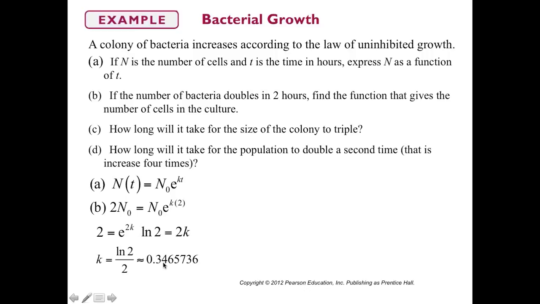Now, if we want to know how long it takes to double, if you think about it, we know that our initial amount is 90, so double that would be 180. So we just set 180 equal to our n of t, and then we divide. And you'll notice 180 divided by 90 is 2, okay? This is not a coincidence. Anytime we're doing doubling time or tripling time, it's always going to end up with that number on your left-hand side. So in this case, we have 2